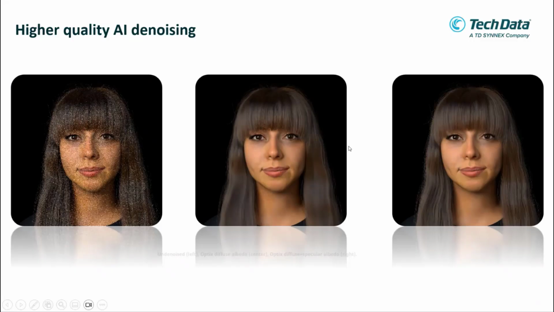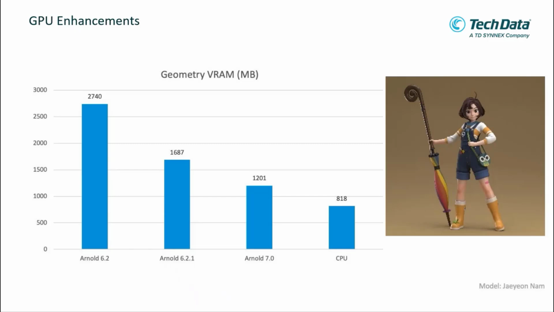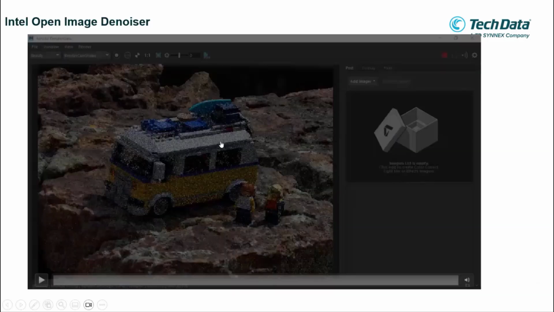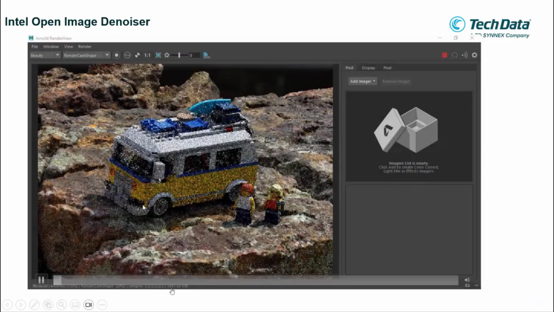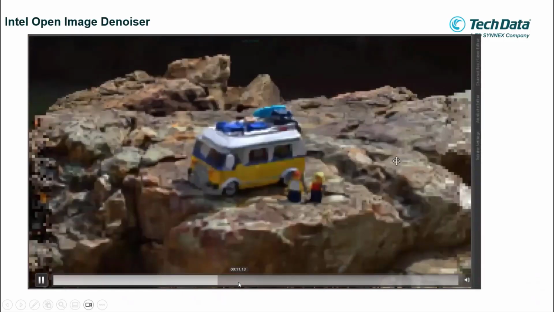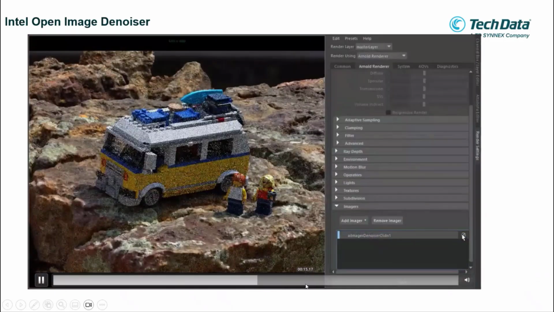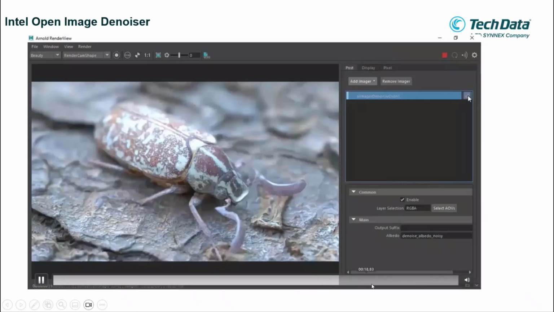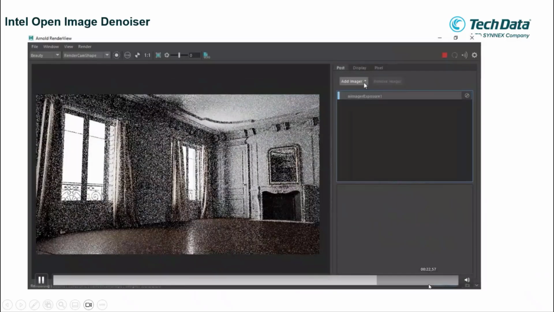Okay, this is the Arnold render. There is AI denoising since Arnold 7 came out, and there are some improvements. If you are using 3ds Max 2018, you can use the Arnold render. So this is the feature: they call it the AI image denoiser. This is the AI coming into Arnold.